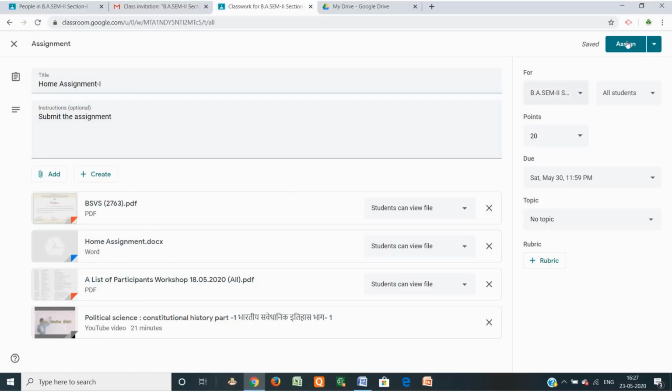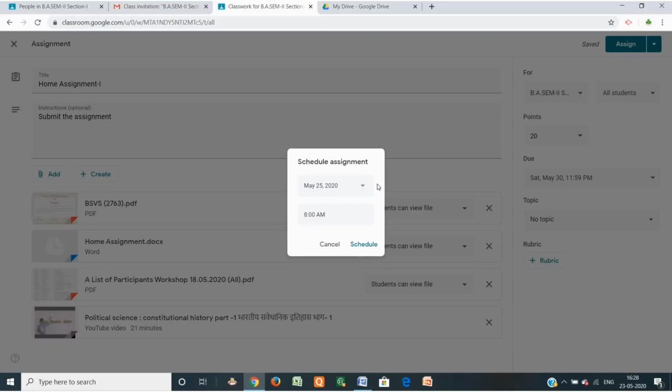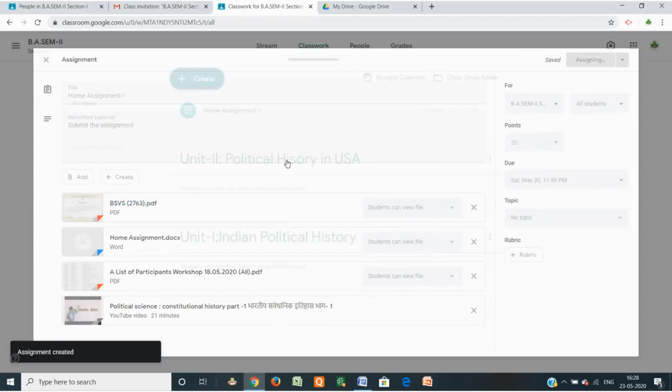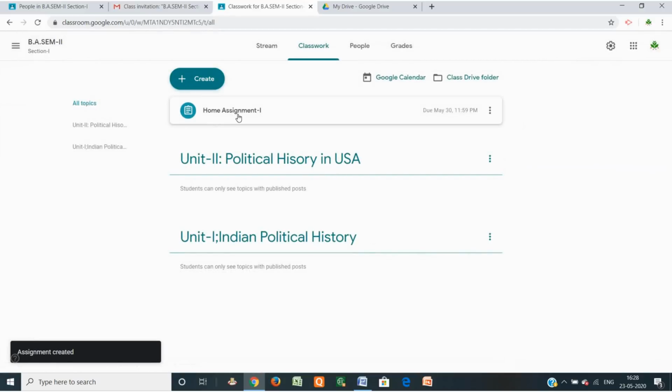After creating this assignment, just assign, which means it is immediately assigned to the student. Suppose you want to schedule, save a draft, or discard a draft; if you want to delete, just discard the draft. If you want to send later, just save as a draft. And suppose you want to schedule it, just schedule for the next day, so that on that particular day the assignment is scheduled to the student. So there is an option of schedule also. Then you can directly assign to the student, or you can change it, and you can also edit at a later stage.